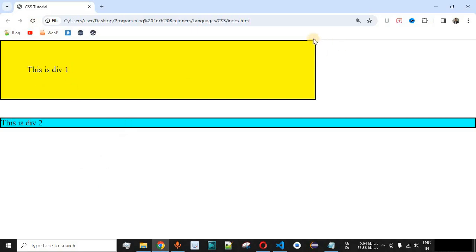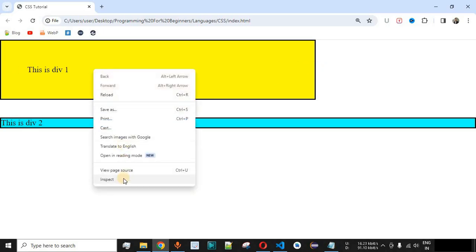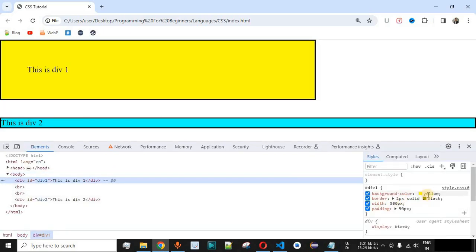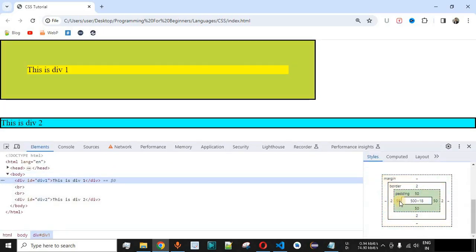So as you can see, we have provided the width as 500 pixels and padding as 50 pixels from all the sides over here. But guys, if you see, the entire width of the div now is more than 500 pixels. That's because we have added additional padding over here on the left and right hand side. So when we right click and click on the inspect option over here and check the CSS in this case,